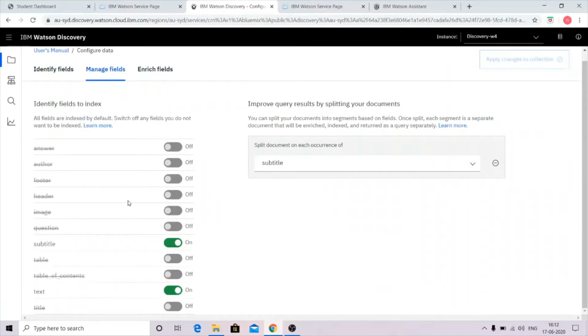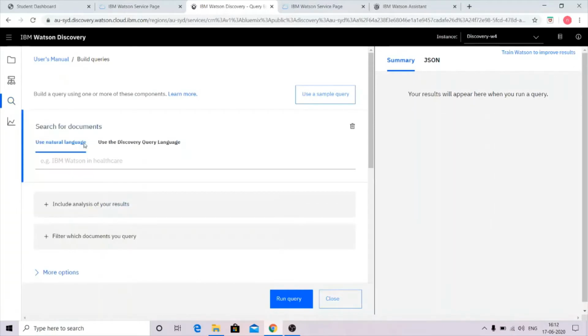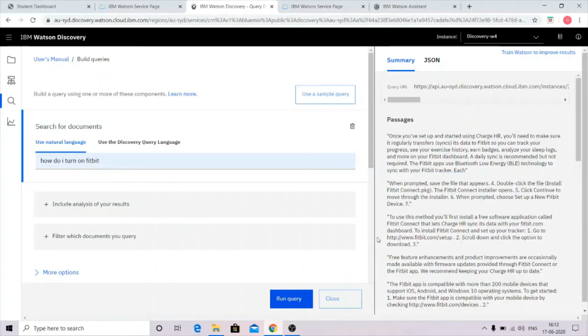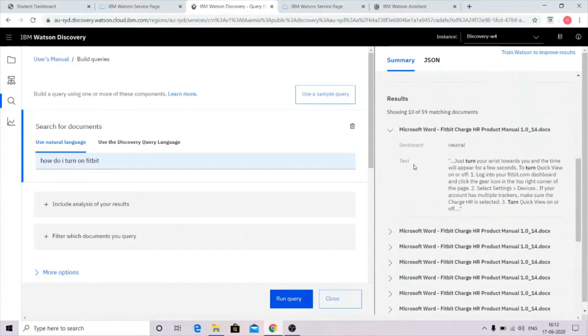We can keep them on and off based on our choice, and we can apply changes to the collection. Later here we can run a query. So we will be typing here, how do I turn on Fitbit, and we will run it. So this is the response.